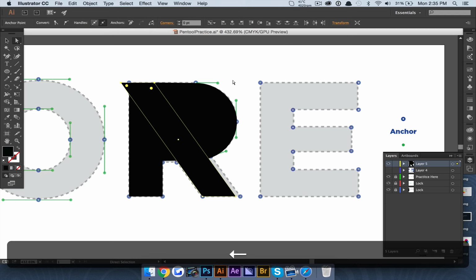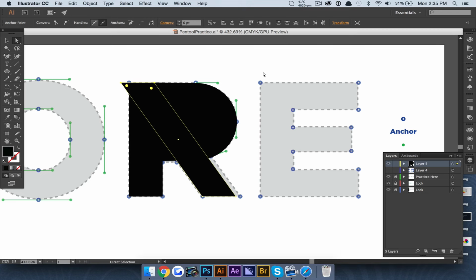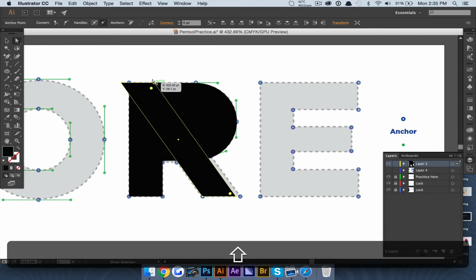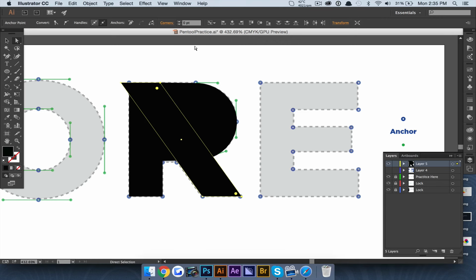So this seems about right. So I'm actually going to leave it the way it is. But on second thought, I actually just want to add a bit of width to it. It doesn't look too great like this. So I'm just going to grab this anchor point, and just move both of these to the right. And that's perfect. But now we have a second issue of this anchor point kind of being astray, and we